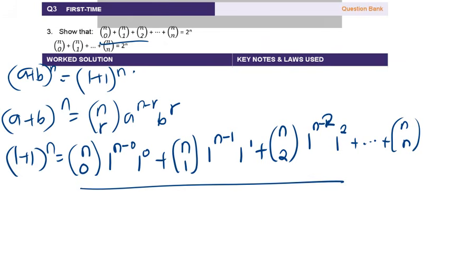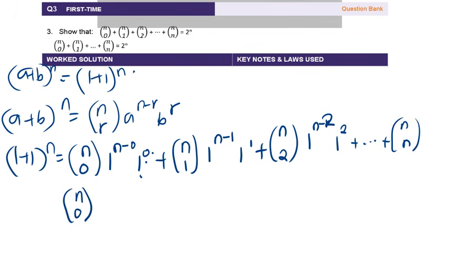Let's see. If we look at this, n minus 1, n can be any number. We don't know that number. But because it is 1 to the power of this number, 1 to the power any number is 1. Then this one, 1 to the power 0, is still 1. 1 times 1 will give me n choose 0. Plus,